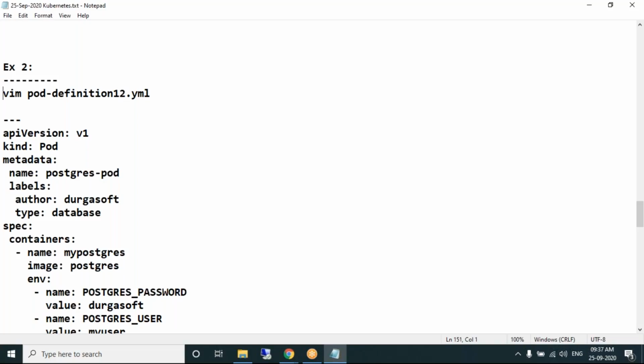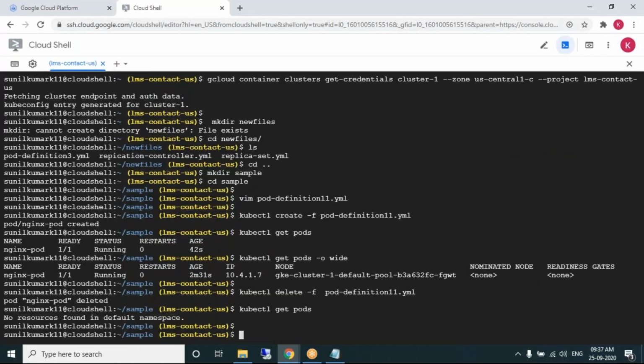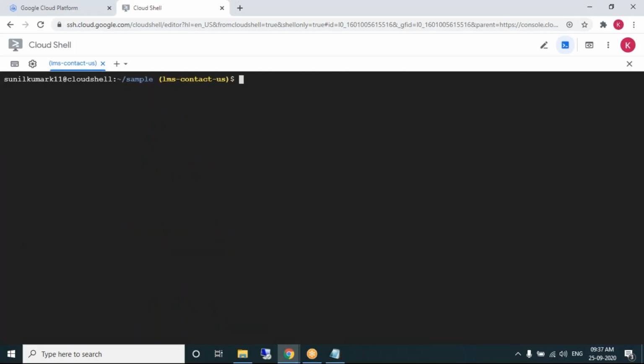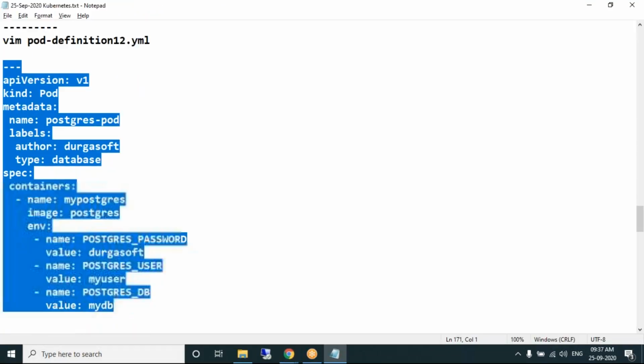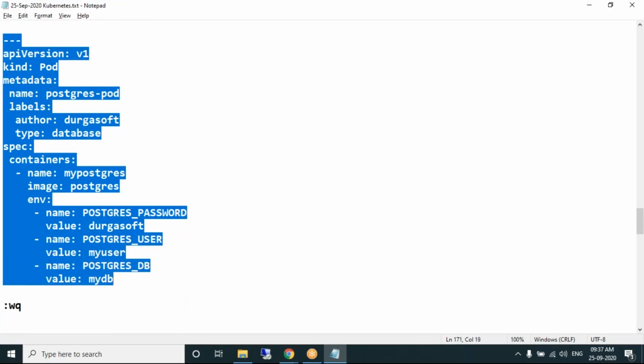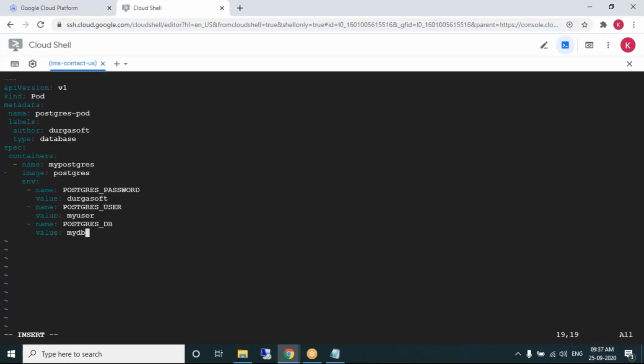Let's create. Insert mode. Code is ready. Paste. Escape.